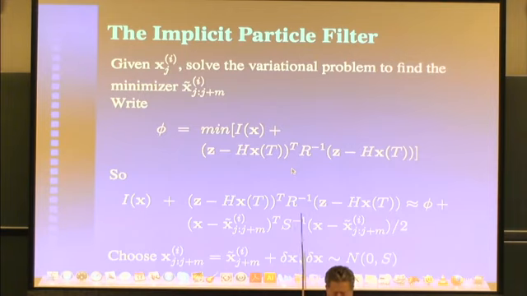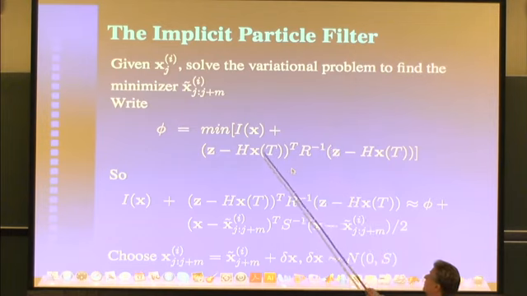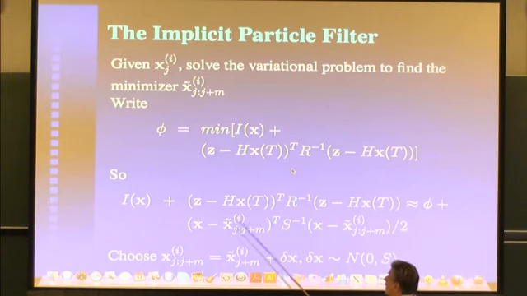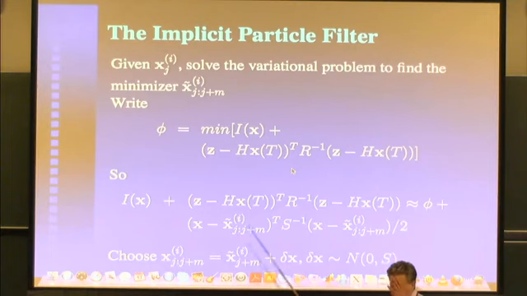So to finish the implicit particle filter, you say, well, okay, I can write that importance function as the minimum of this thing, and so I can write the function itself. Let's see, where am I? So if x tilde is the minimizer, I'm sorry, I've gone over this talk a lot, but I'm jet laggier than I thought I was.